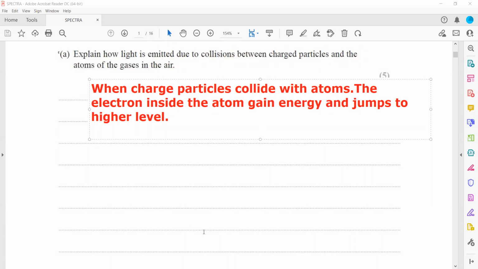So these electrons, when they gain energy, will jump to a higher level. And then when the electron falls back to the lower level,